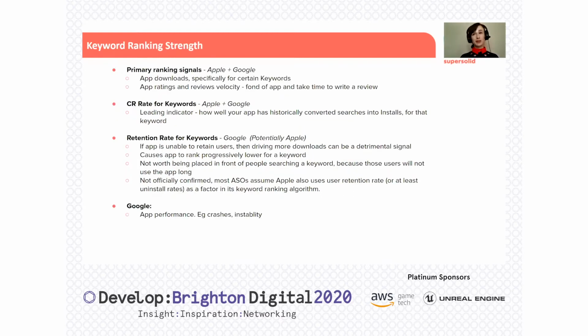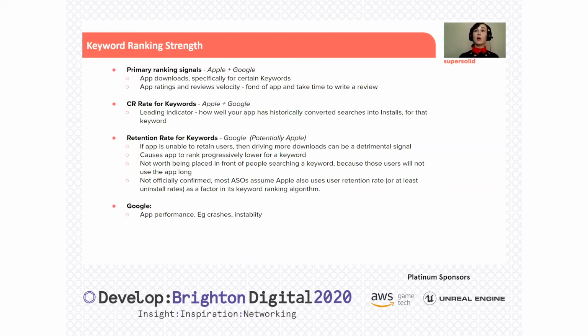So, primarily ranking signals. What do Apple and Google look at? For example, app downloads for a certain keyword. If your app is getting a lot of installs through a certain keyword and users are converting, then surely they are finding your app and they like what they see for this keyword, so you are relevant. Also, if they are mentioning this keyword in the ratings and reviews, then you must be relevant to this